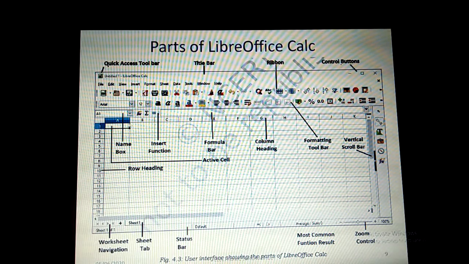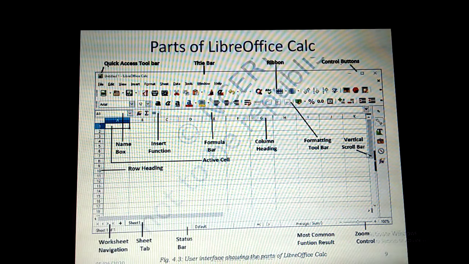So currently which cell is active here? The cell which is selected. When you click inside the box, the cell gets selected, and a darker boundary will appear around the cell. This cell name is indicated here as A1. Normally the cell name starts with the column letter and then the row number. Columns are indicated in a vertical way and rows in a horizontal way. Rows are indicated by numbers, and columns are represented by the letters, alphabets.